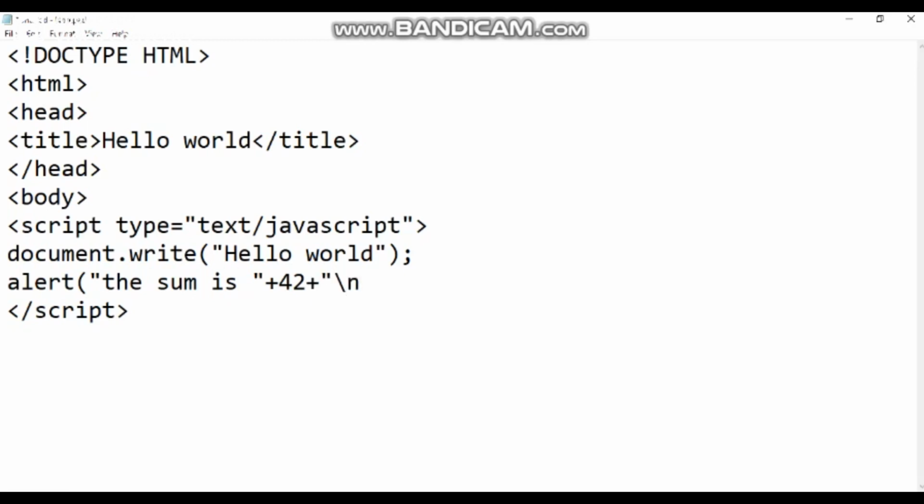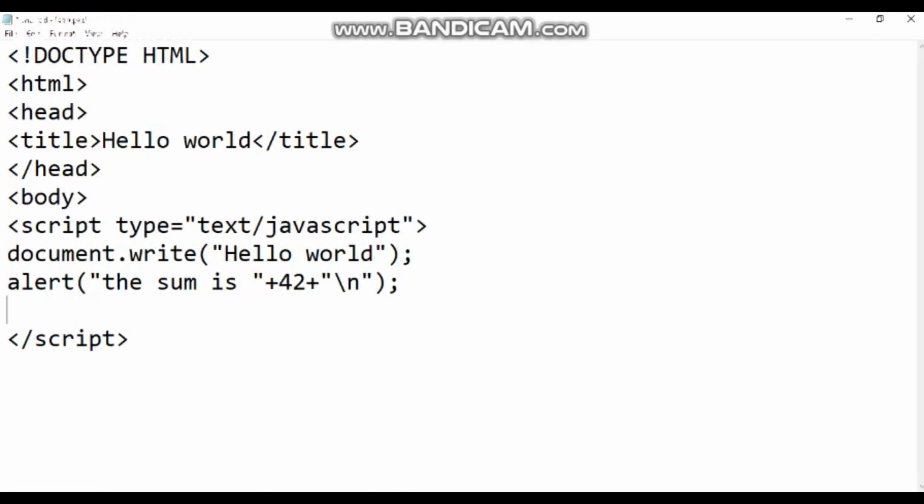I'll just print a new line by using \n. So this is the way I can have an alert method. This will create a new dialog box. Let me also include a prompt method. Actually, these alert, prompt and confirm methods come under the window object. So the window object includes these three methods.